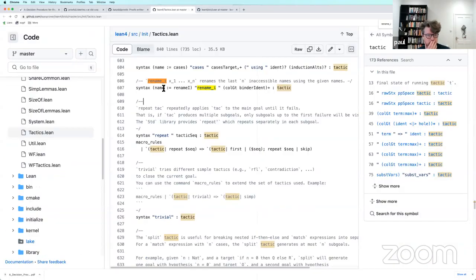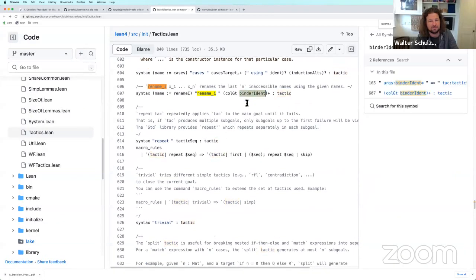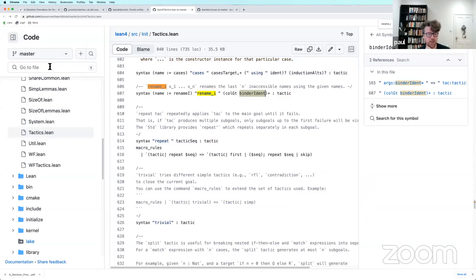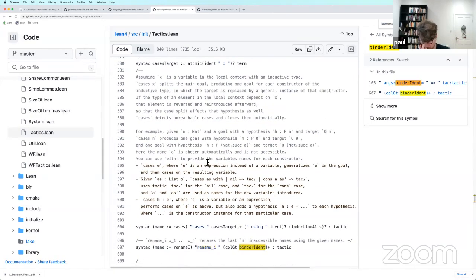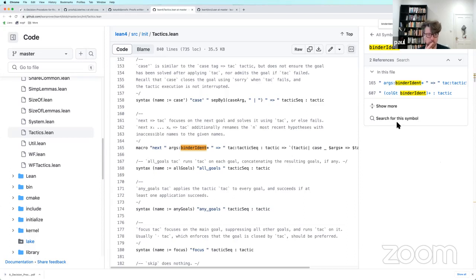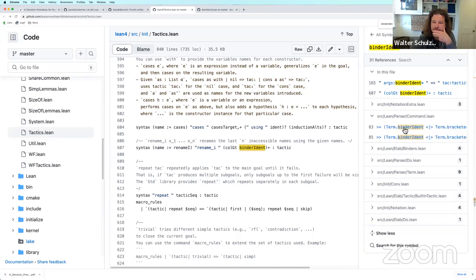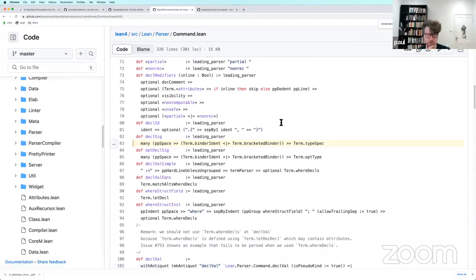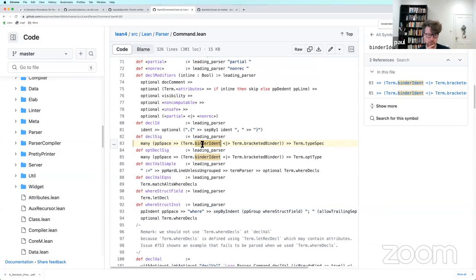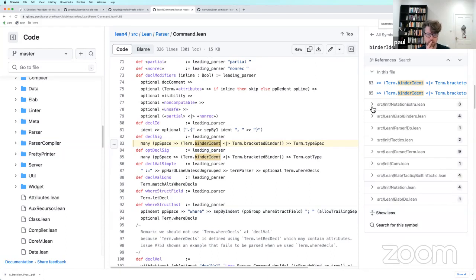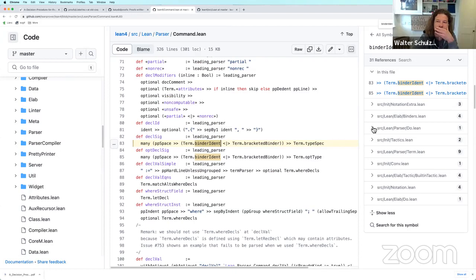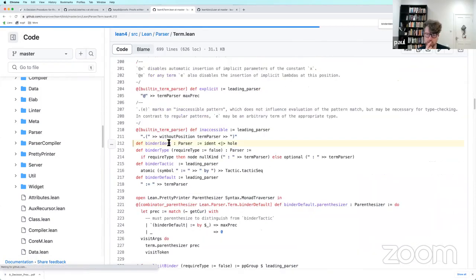Is there any other reference of binder ident somewhere? No, it's just in the parser. So it's like a parse rule over here. Yeah, this is the parse rule. Like ident is a parse rule, I guess. It just means it can be an ident or a hole. But I don't know how then you call it with this quote thing.